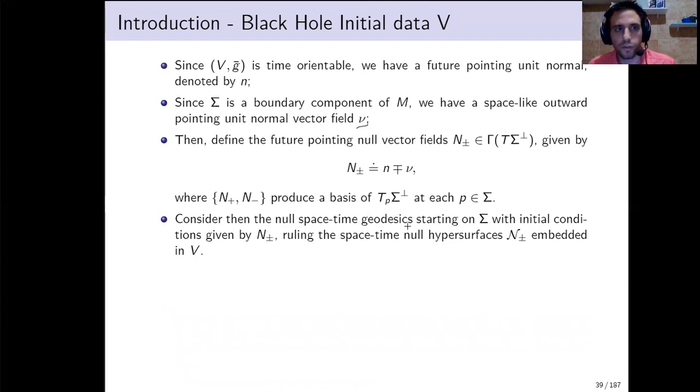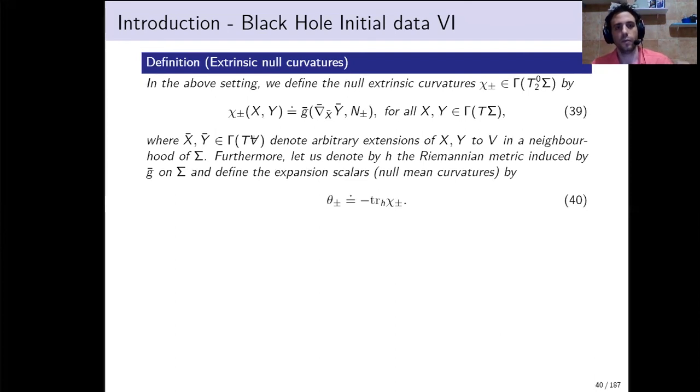Okay. And we can consider the null geodesics that have as initial conditions these null vector fields, and they rule null hypersurfaces within spacetime. And we can use the extrinsic geometry associated to these null hypersurfaces. In particular, we can define the null extrinsic curvatures, using our usual conventions, given by these expressions, one extrinsic curvature for each normal null vector field. And their trace induces the null mean curvatures, that are also known as expansion scalars. And these have the usual interpretations in terms of divergence of